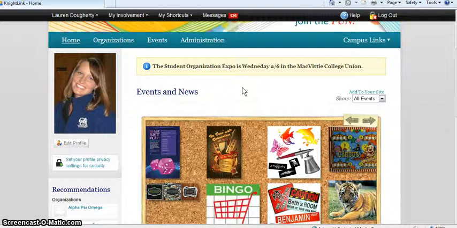As I mentioned before, Knightlink is a great resource to get involved with the wonderful opportunities we have on campus. Logging into the system is key so that you have access to all the information available. And if you have any